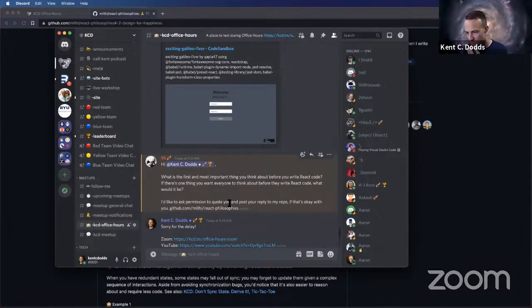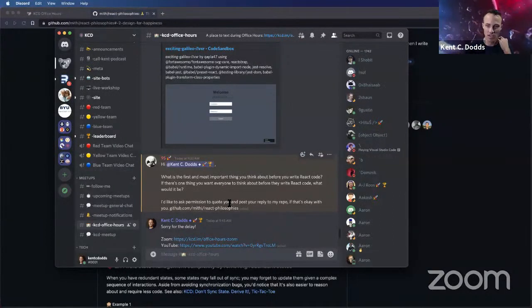I like people to let me know when they're quoting me, because it helps me to take a look at that. But yeah, important things to think about when writing React code. I mean, we talked about a security vulnerability that I fixed this morning, so I guess security is important. That wasn't React code though.